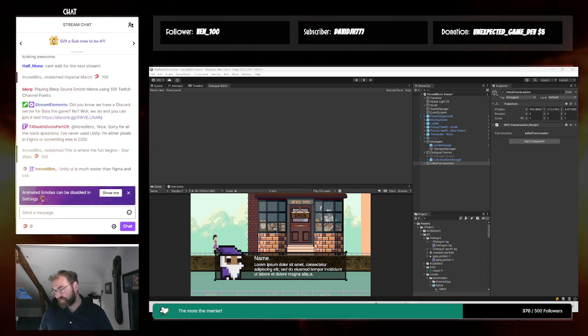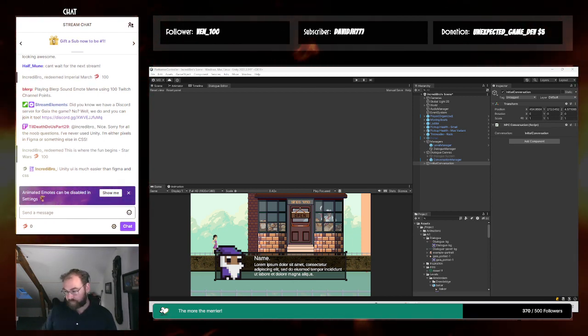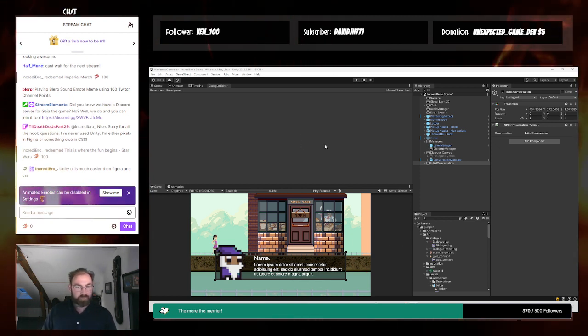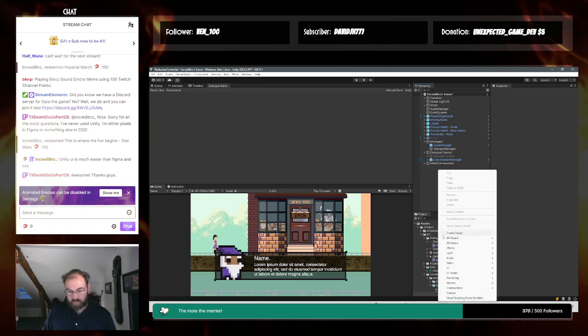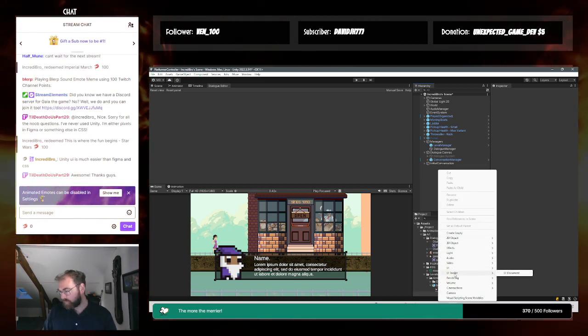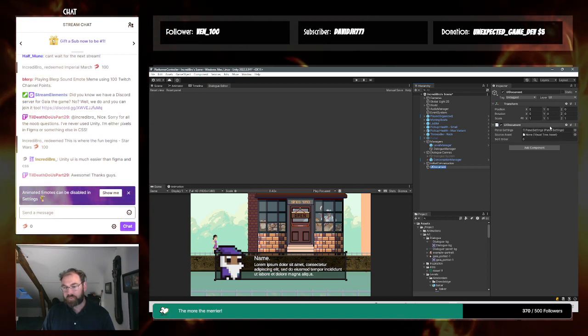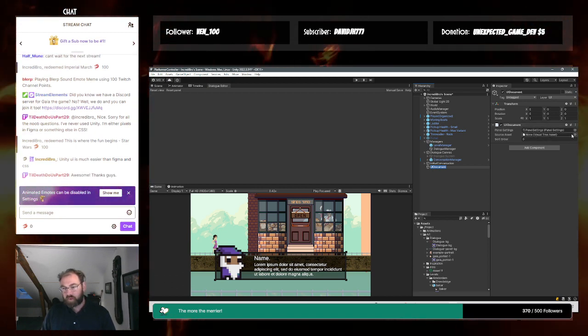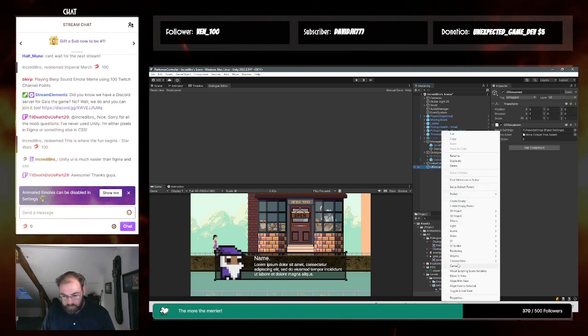Yes, but also more limiting. If you use this UI system, it's pretty limiting. There's another one I can show you real quick. I will not put it in now, but I will show you real quick. There's a UI toolkit one, which generates a UI document. And if you want to see what that looks like, if you do that, you get a panel settings and a source asset. And you can start to actually, inside this UI document,